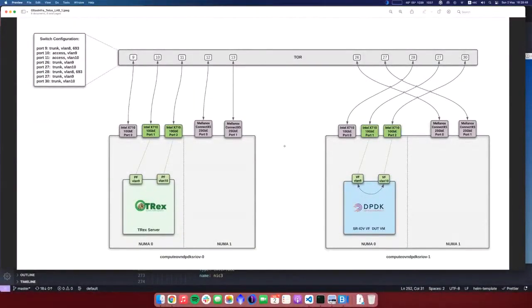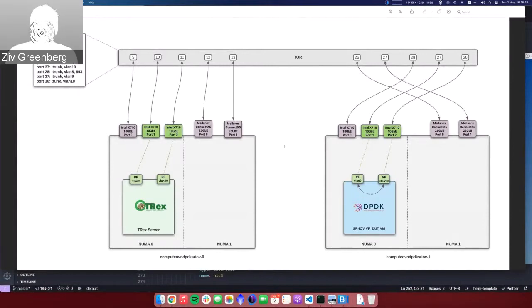In this short demo, I will be showing an NFV telco deployment for OpenStack with SR-IOV and DPDK features. What you are seeing here is an internal 10 GB switch and two bare metal computes sharing the same hardware and the same NICs layout. In the compute OVS SR-IOV DPDK 0, there is only one VM named T-Rex server with two